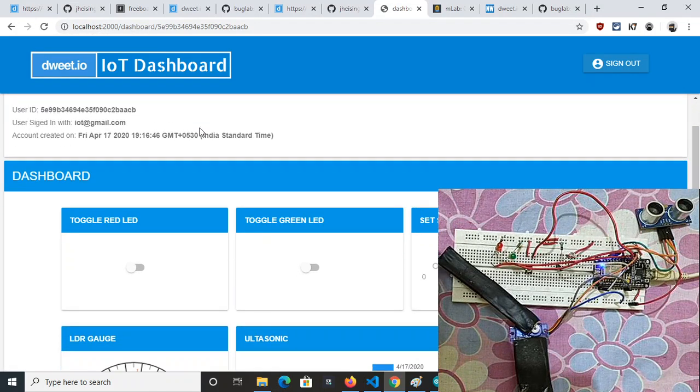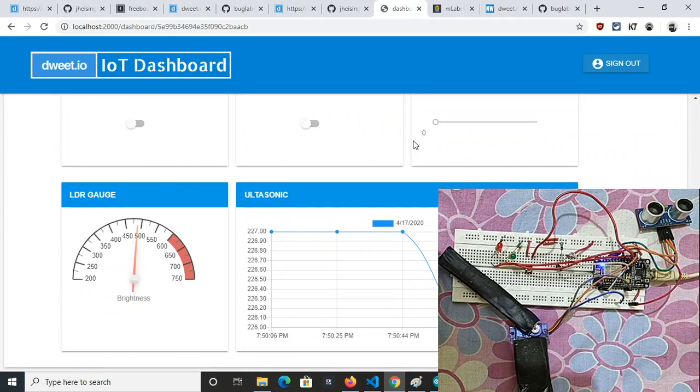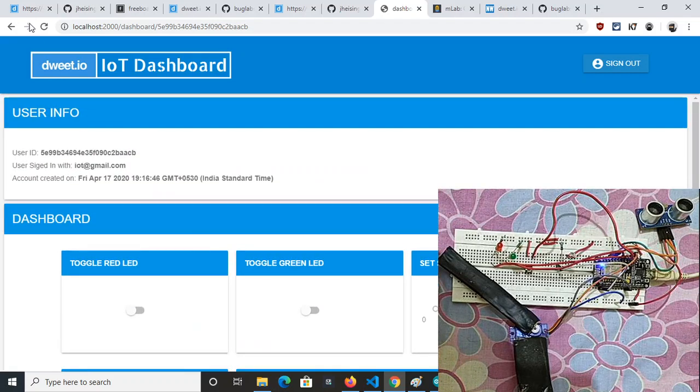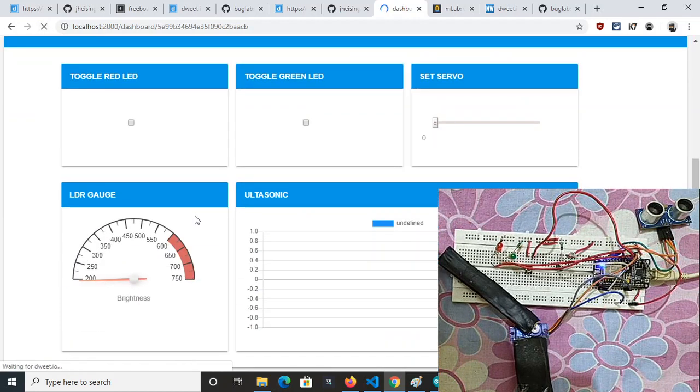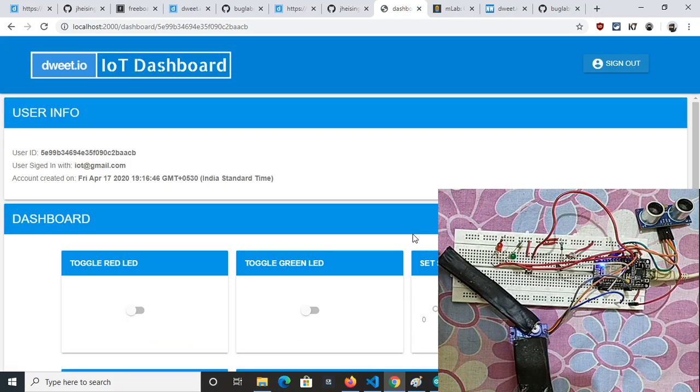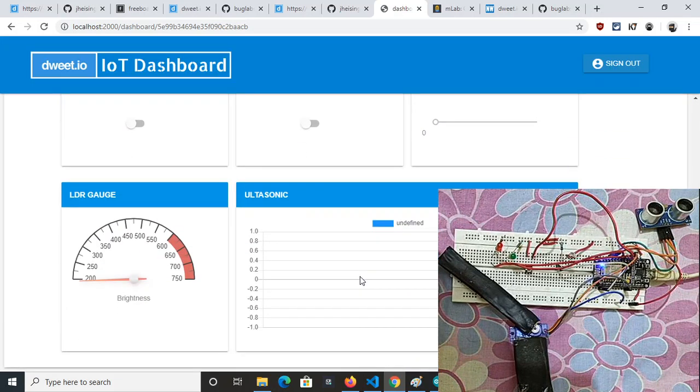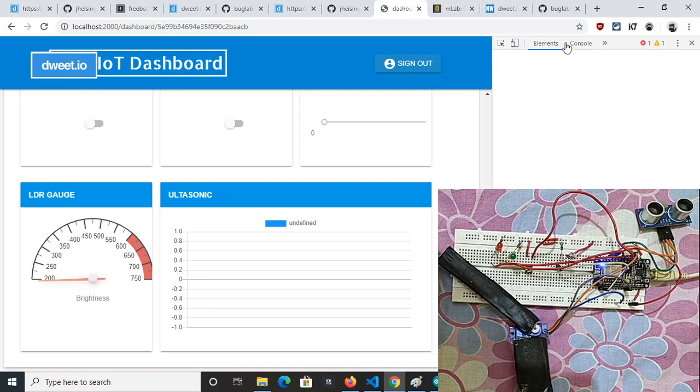Now if we stop, the data will be sent after that. But if we stop or reinitialize, let me refresh it, and the dashboard will, let me check the issue.